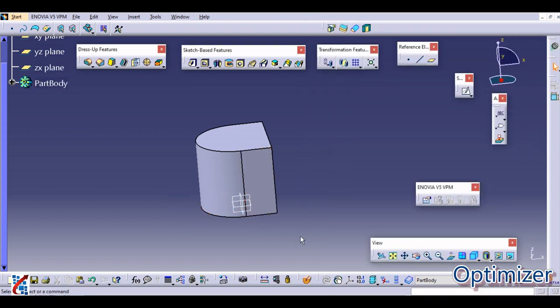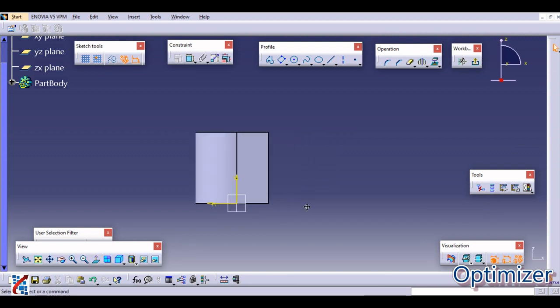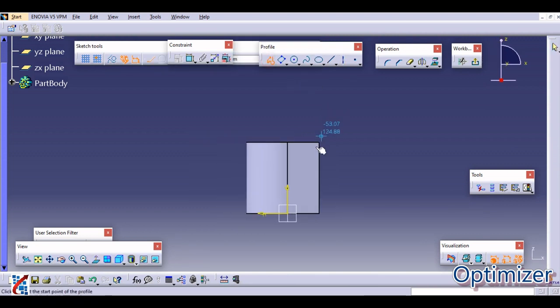So how to draw that? For that, again you need to select this front plane. Now you need to draw a profile which starts from here, which is a horizontal line, then an inclined line, and we are going to close this geometry like this.